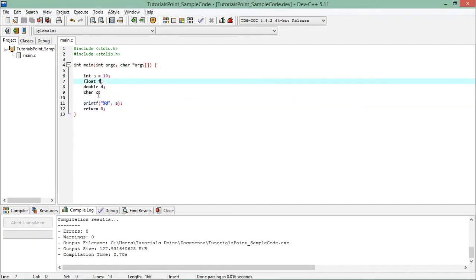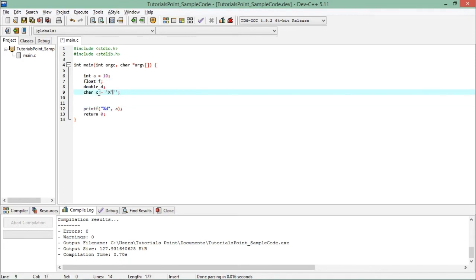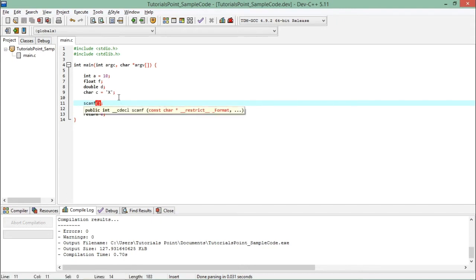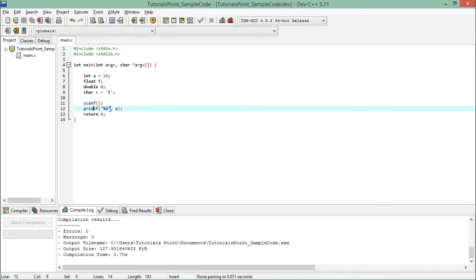Similarly, you can initialize all the different kinds of data types accordingly. If it's a character, I will put it in single quotes. But if required, I can also take the value from the user during the execution of the program. For that, right now we are going to discuss a method called scanf. When you say scanf, it means you are scanning the value which is in a format. Both scanf and printf, the f stands for formatted input and output,